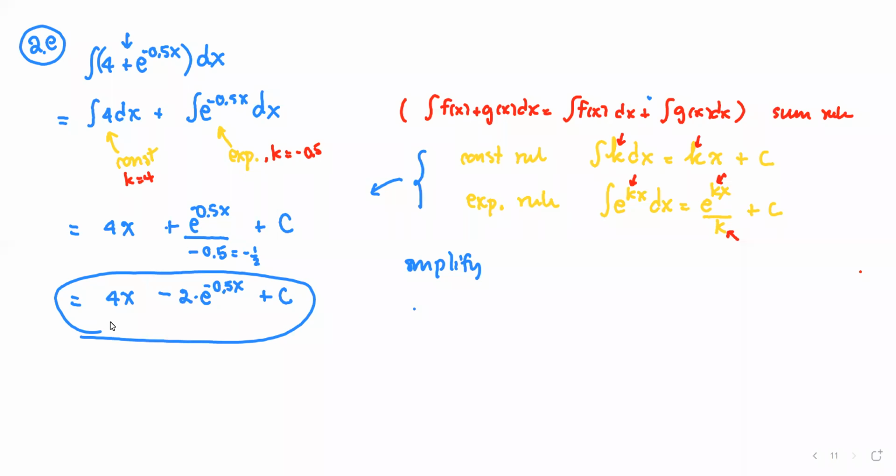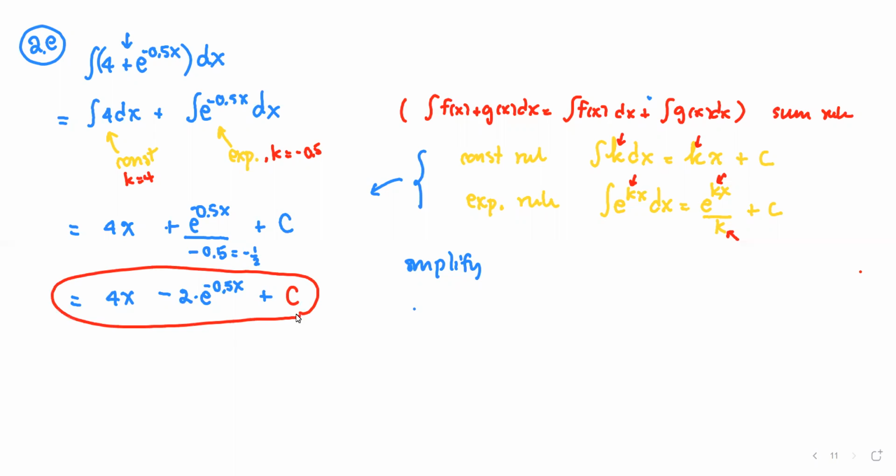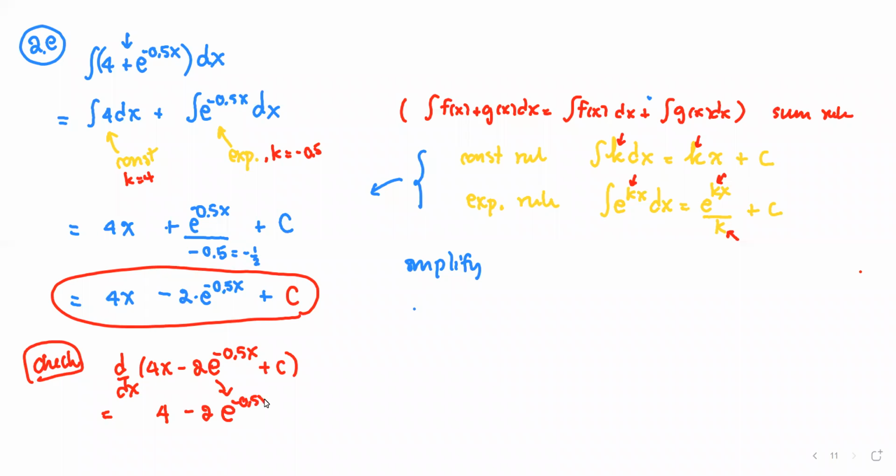And again, we can verify it. Oops, this is C. So we can verify it. We can check the answer by the derivative of the 4x minus 2e to the negative 0.5x plus c. Derivative of the 4x is 4. Derivative of the e to the power is e to the power times the derivative of the power, which is